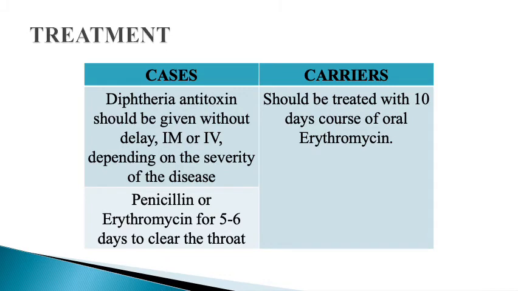The treatment in case of cases should be given without any delay, and it is given in the form of diphtheria antitoxin, which should be given either intramuscular or intravenous depending upon the severity of the disease, and the dose may range from 20,000 units to 1 lakh units depending upon the severity of the disease. For mild early pharyngeal or laryngeal cases, 20,000 to 40,000 units are required. For moderate nasopharyngeal disease, 40,000 to 60,000 units are required, and for severe extensive or late disease, 80,000 to 1